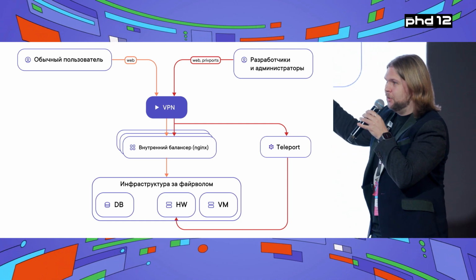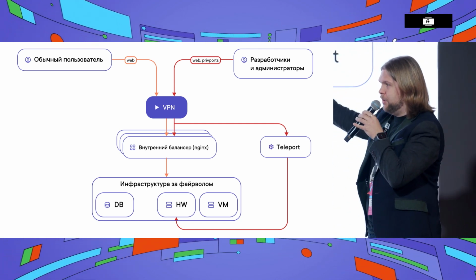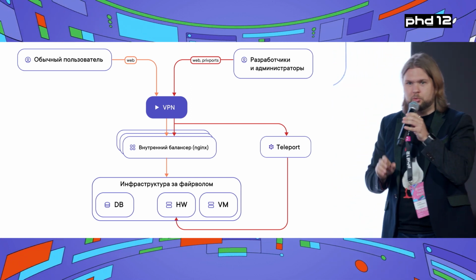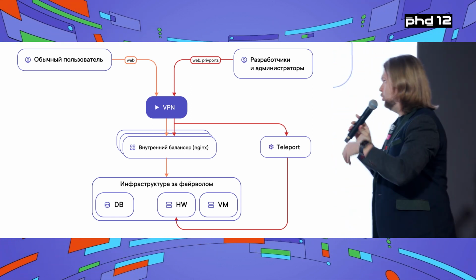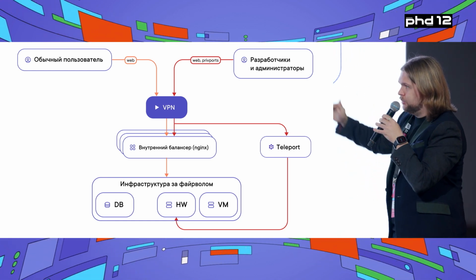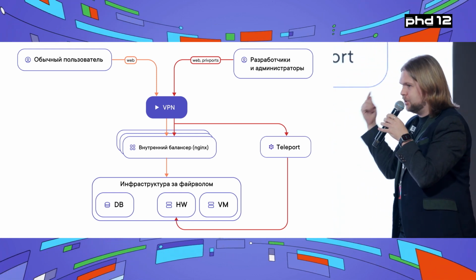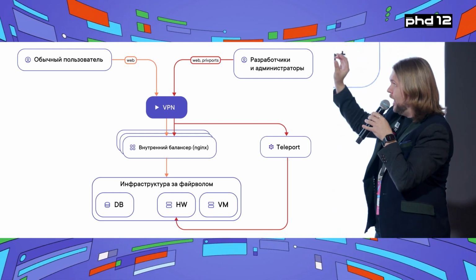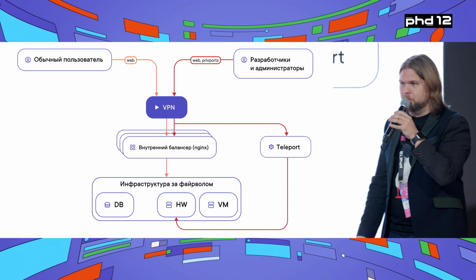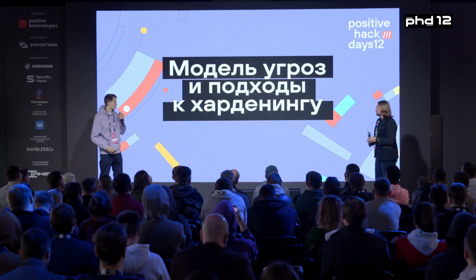An important note. You might be tempted to base authentication in Teleport and VPN on one SSO to make it convenient for the customers. But this way you will lose the advantage I have talked about, because in this case the threat actor, to compromise your infrastructure, will only have to compromise your SSO provider once, and VPN and Teleport will not have to be compromised separately. So this is not the way to go.